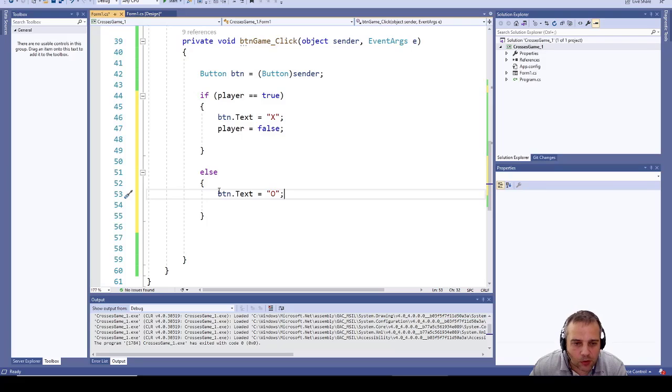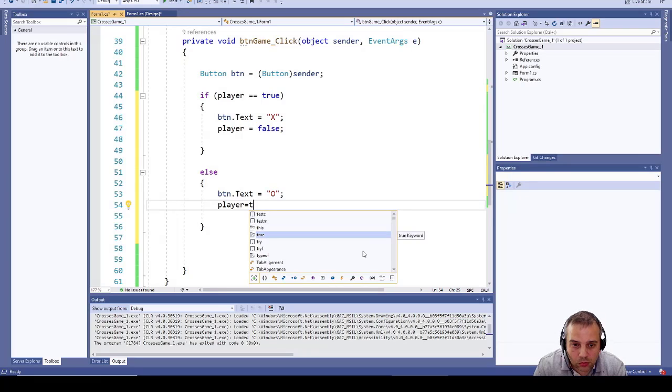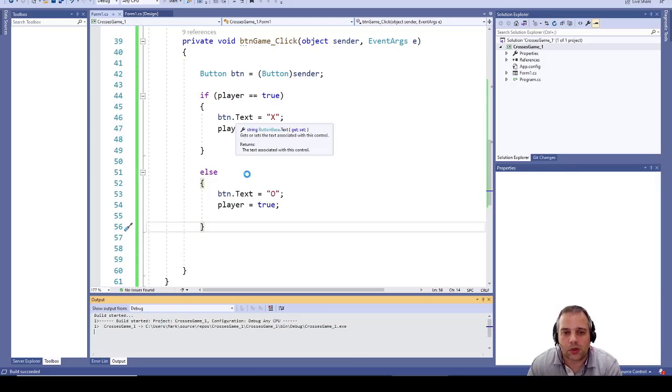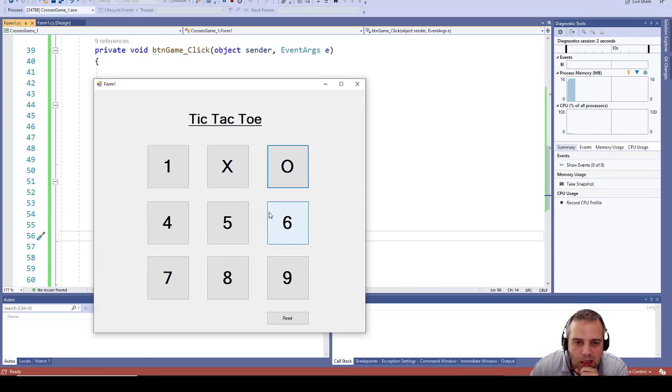And if it's false, it's going to come into the else piece of the if statement. So then let's set player to equal true. So now we should be able to flip between X's and O's when we update our grid. Let's have a look, see if we run. So we've got an X, we've got an O, we've got an X, we've got an O, we've got an